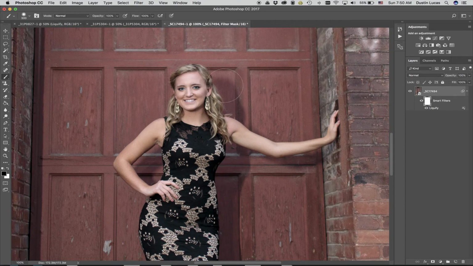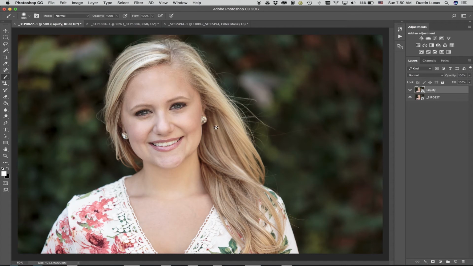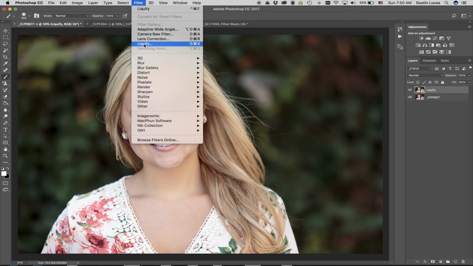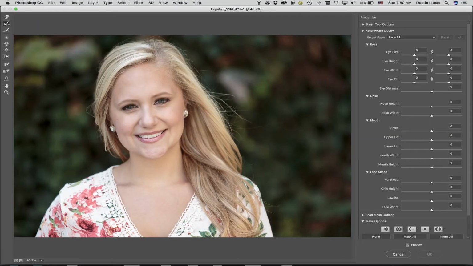It's pretty great. So I'm going to jump over to this image where we want to do more work with the face. So I'm going to jump into Liquify here. And now we can start to utilize some of these other tools for the face. Now the spin clockwise tool is an interesting one when you want to straighten out the face. Now you have to be really careful with it, right? Because it starts to manipulate the image